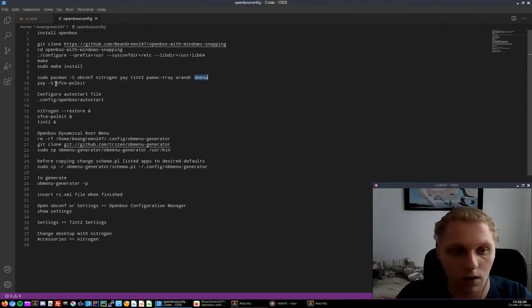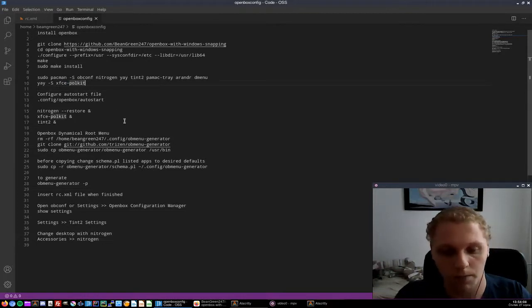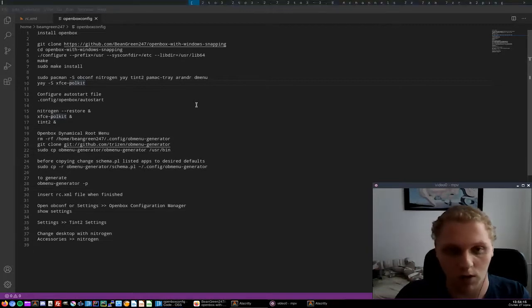And then there's the xfce-polkit. So xfce-polkit is for the policy kit, which is a graphical rendition of it. So let's say you wanted to run something like virtual machine manager. So what you can do is you can do